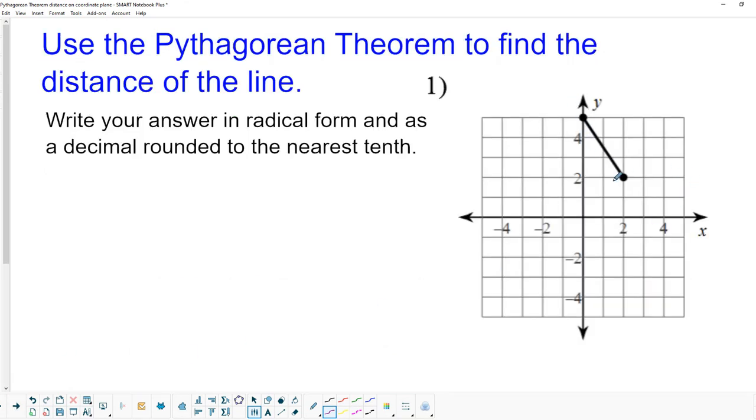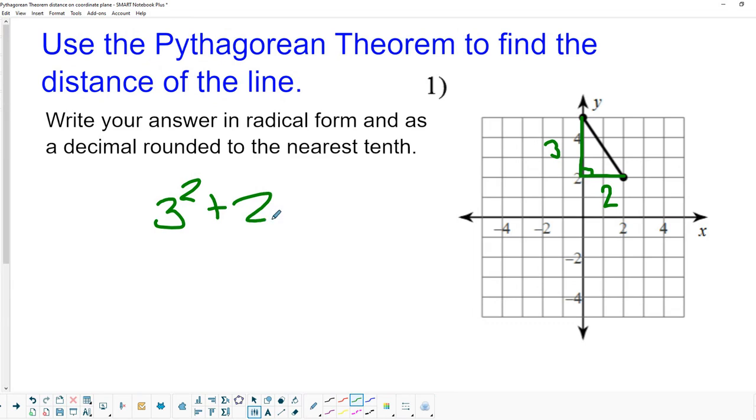So here's our first example. We have a slanted line. In fact, this was the one we saw a moment ago. So I would, using a marker or pencil, just use a couple of straight line segments and make a right triangle out of this with that side that we're trying to find the length of as our hypotenuse. Now we look at our triangle, we actually have a length of 3 on this side and 2 on this side. So using the Pythagorean theorem, we can say a squared